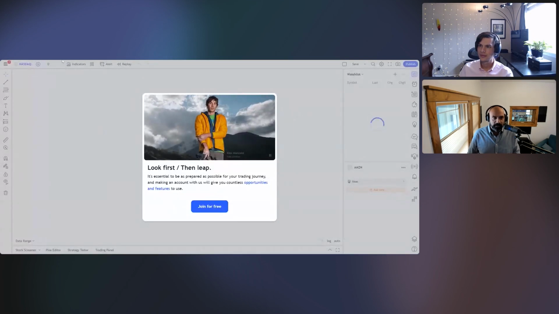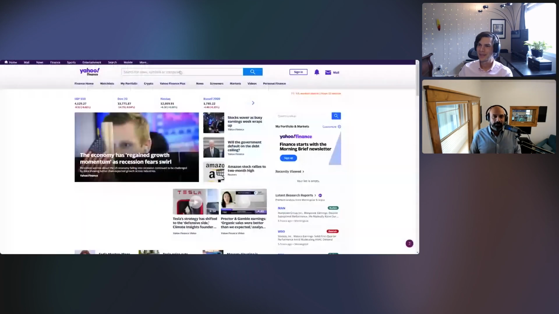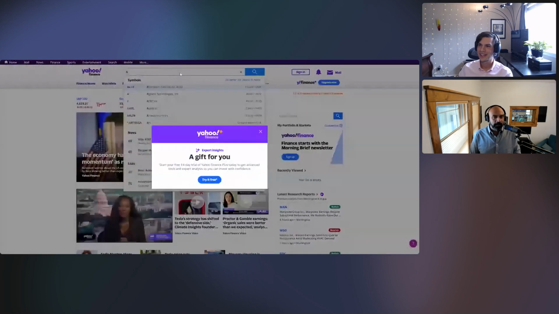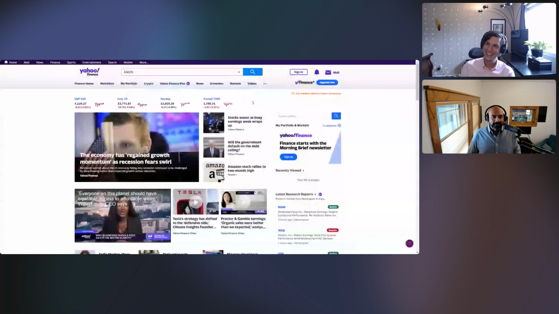I don't want to join. What happened here? How do I stop this? Seems as though you don't have a choice. I used to just let me do it without joining. I do have an account, but I don't really want to log in to TradingView. So we'll just use all the pop-ups. Jeez. All right, just show me the stock price.